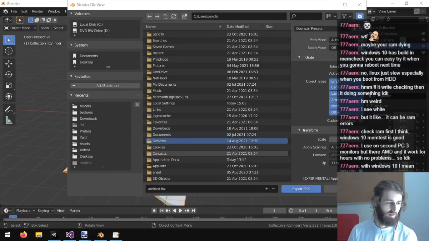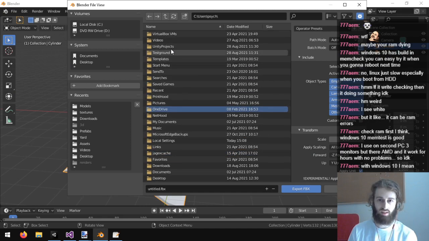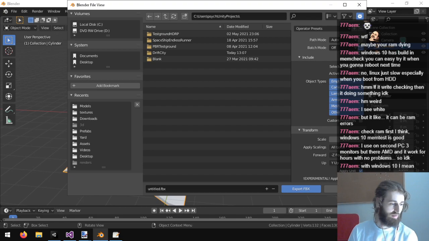I gotta say, Blender's UI, like this file select, is pretty shit. Really shit. You can't even type in letters to get to what you're going for. You can search up in the bar, but the basic thing of typing in A and having it go to the next thing that starts with A does not support that at all.